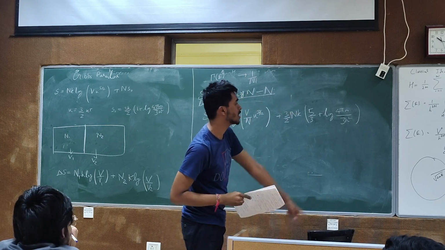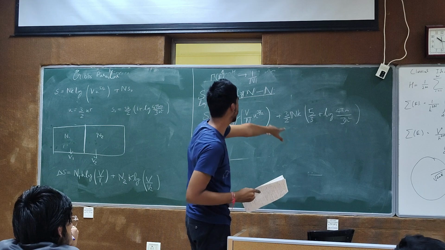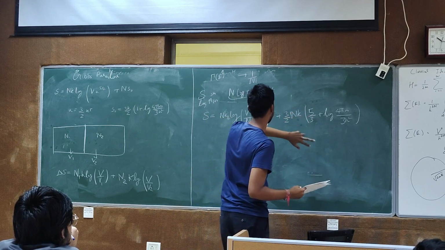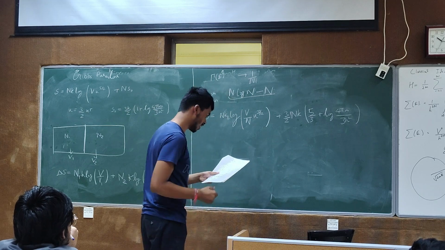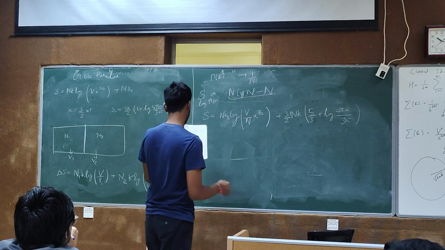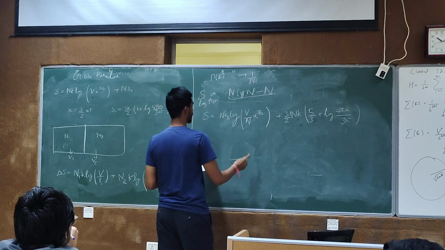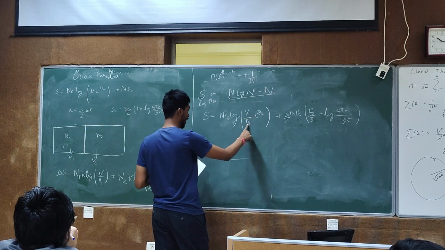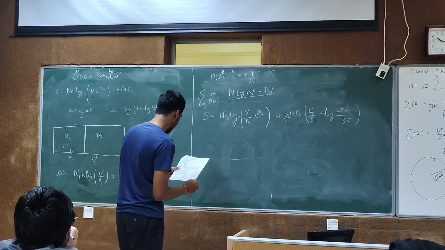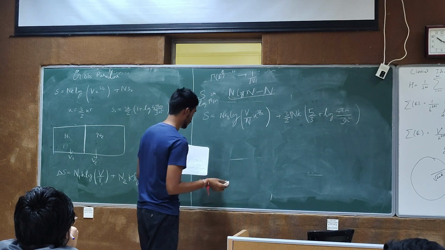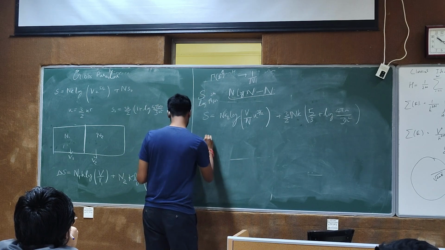So if you see, there was a 3 by 2 NkB. This N made it 5 by 3, so it will be 5 by 2 NkB. And you see this V, it was V initially, it becomes V by N. So now if you find the new equation of state or your